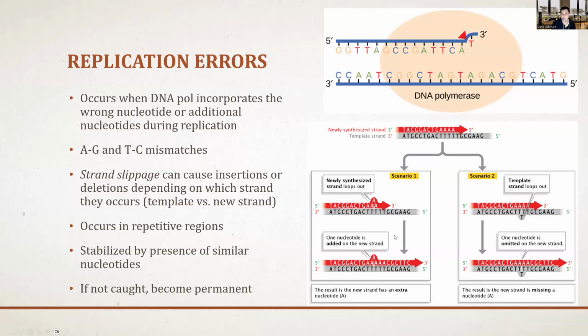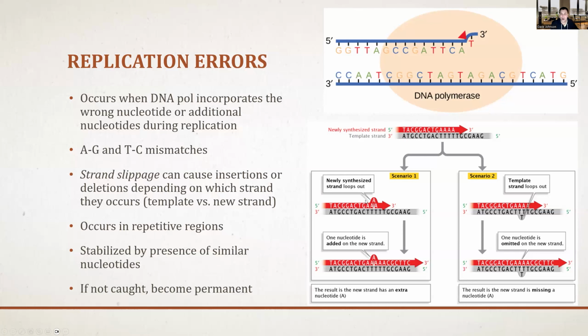Basically they go, oh, okay, I've put three A's in, right? Or four A's in, but only three are connected. So it's going to add an extra A to fill out that sequence of five. All of a sudden now this daughter strand has an extra A in it. That A is now inserted inside. Okay. So if it's the newly synthesized strand that loops out, you're going to get an insertion at that point,